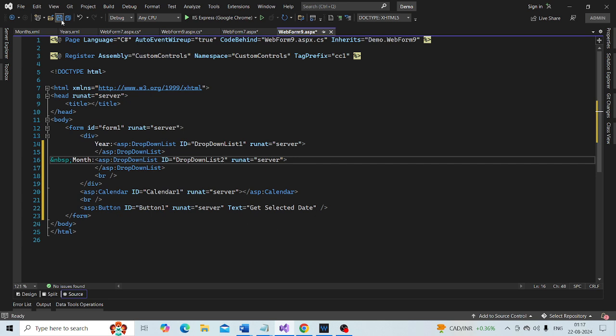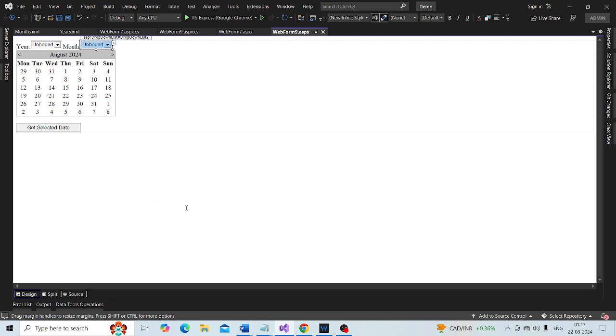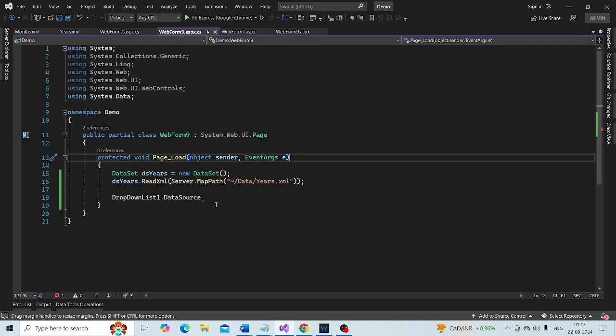Save the changes, go to design, and go to the web form aspx. So the error is gone.